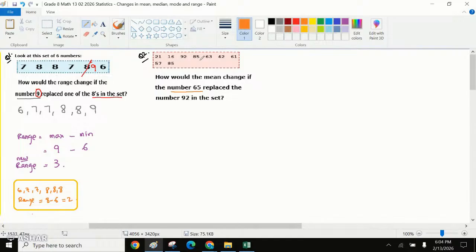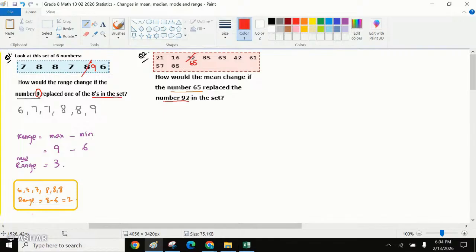20, 16, 92, 85. Just a moment, please. I think there's a typing error. How would the mean change if the number 92 is replaced? Okay, yes, we have 92 here. It's being reduced to 65, right? That means if the number is increased, hello Nathan,